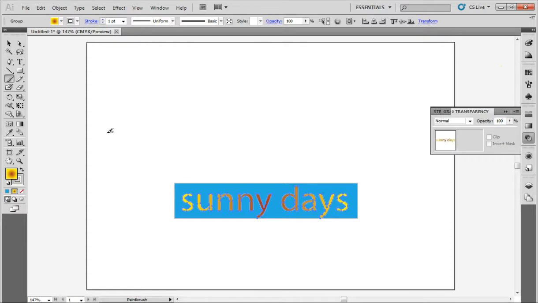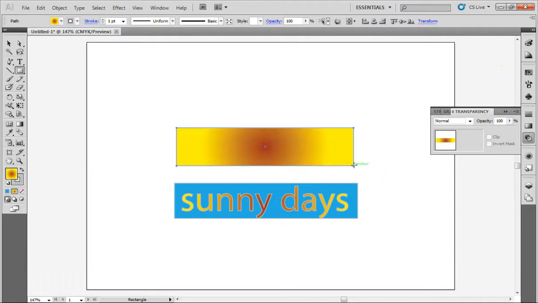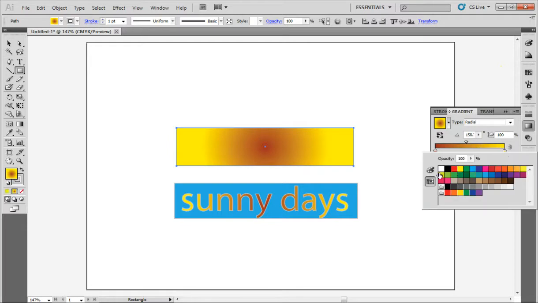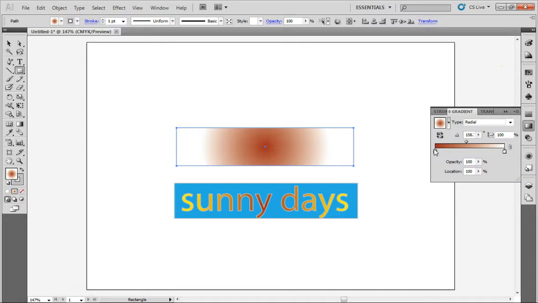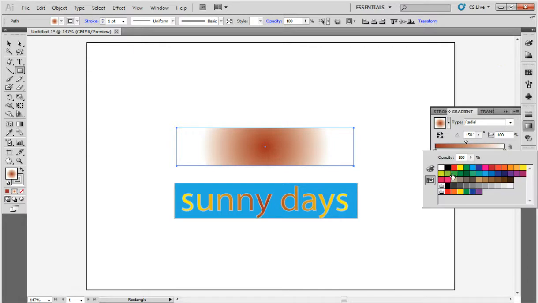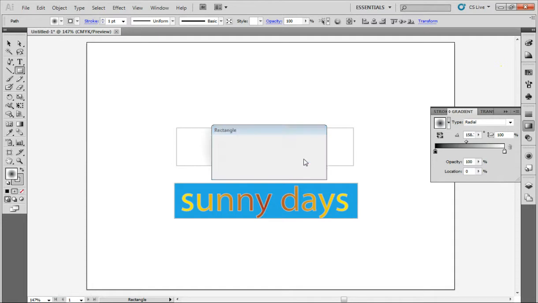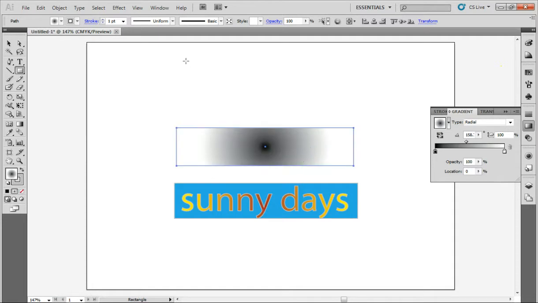And this time I'm going to draw a rectangle. The rectangle has a gradient fill in it already. Let's go and change that gradient radial. Let's change it to black and white. So I double click there, I can change that to white, double click there. This probably won't look any good, by the way. And click there, and then what I'm going to do is move that over the top, and the computer will automatically work out